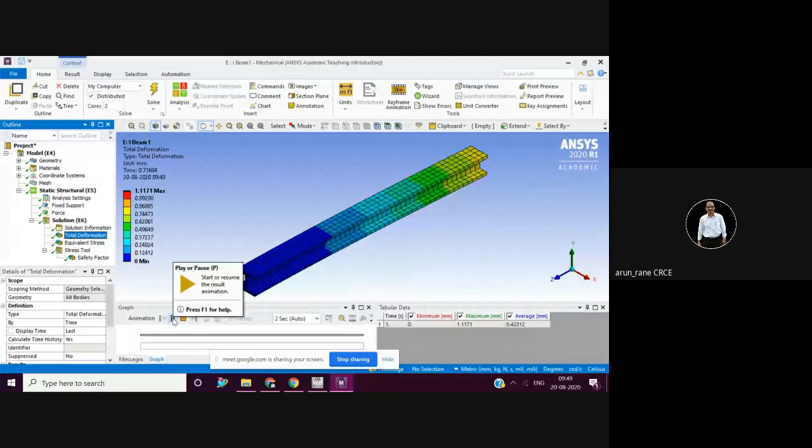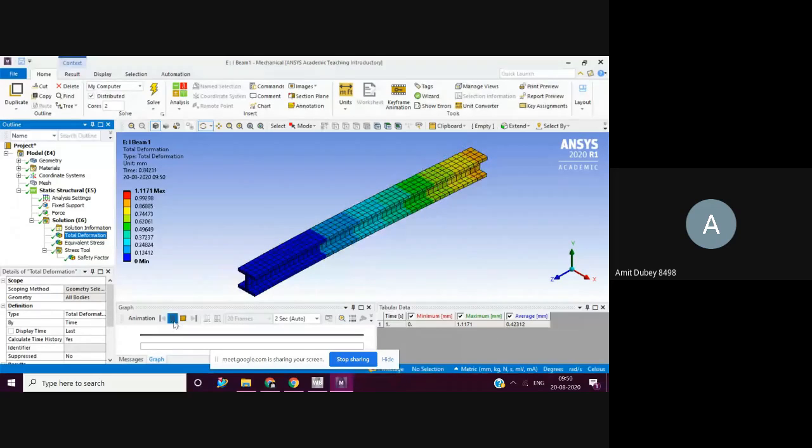Hello, sir. Yes, please. Sir, I had a doubt on this. You took the meshing size at 20 mm, I guess. Yes, 20 mm. As I can see, all of the elements are equal, the same size.